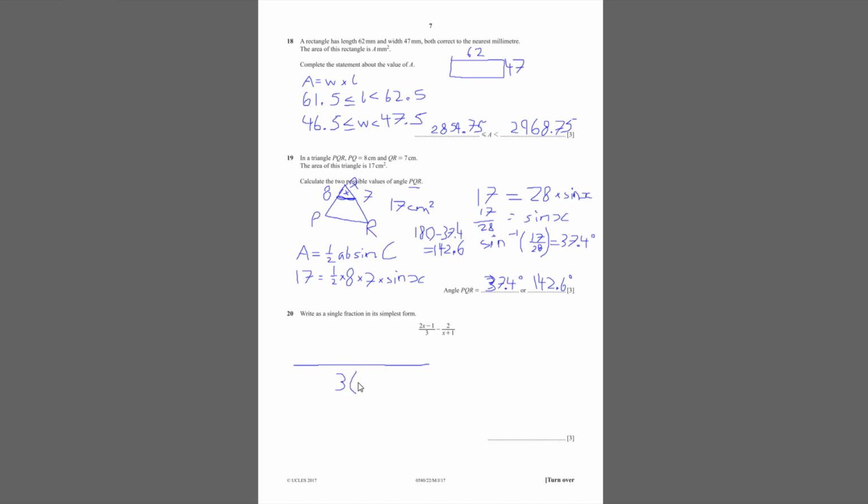Since the denominator is the same, we can do this. 3 times x plus 1, because this is what we're trying to have. Next, we need to calculate both sides. So first we have 2x minus 1 times x plus 1. As we multiplied the denominator by x plus 1, we must also multiply the numerator by x